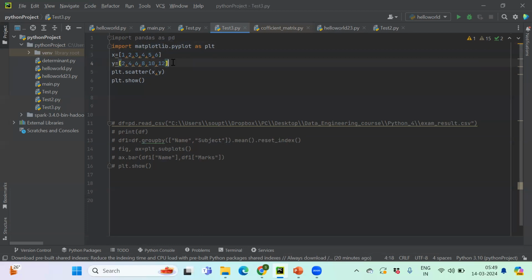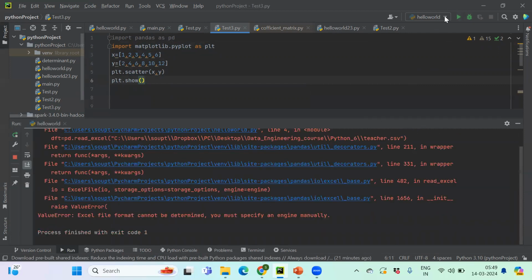Then I'm calling a scatter plot on plt. So plt.scatter, and within the brackets I pass the parameters x and y, and then plt.show. If I run it,